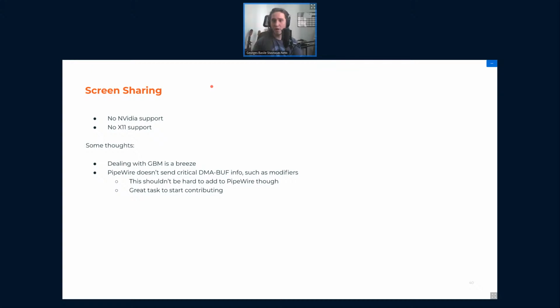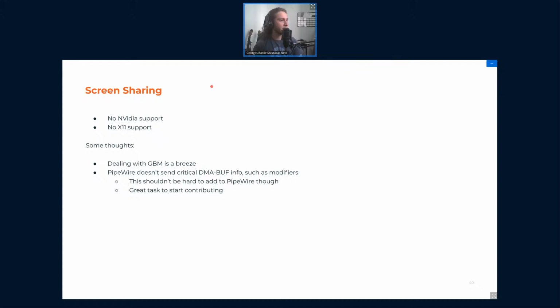However, Pipewire itself doesn't support sending really important DMA-BUF information, such as modifiers. It shouldn't be hard to add. It should be a great task to start contributing to it. But it's currently lacking and doesn't allow us to use the most optimal setups for screencasting.